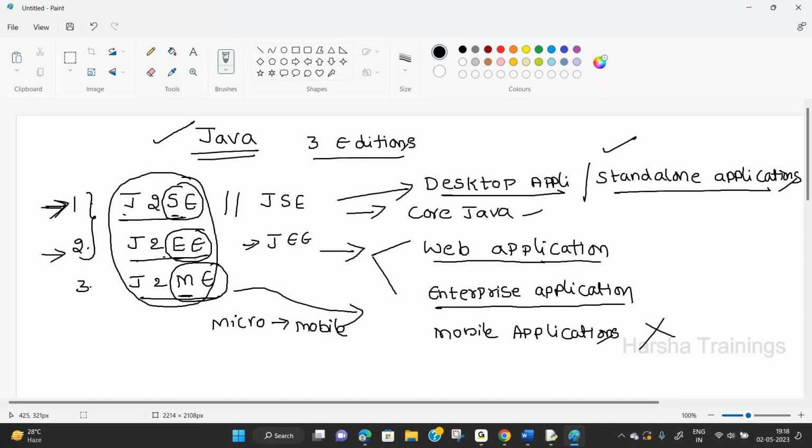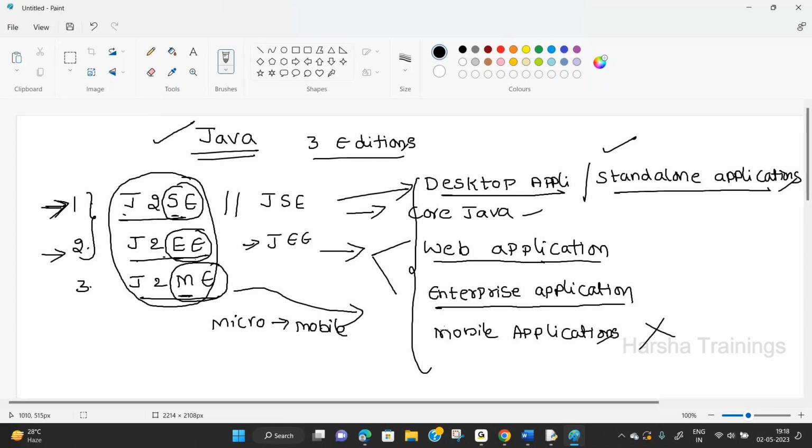Now, again, these are the four types of applications. Now, understand one point. Why is Java the most popular? See the four types of applications: desktop application, web application, enterprise application, even the mobile application.